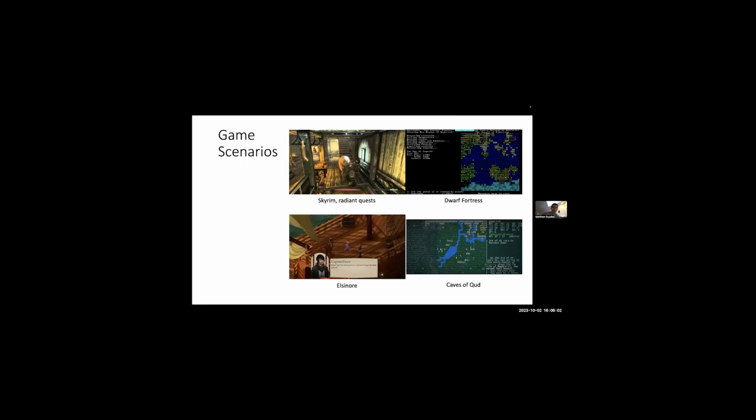And then finally, game scenarios, right? This is like Skyrim's Radiant Quests, which are basically these very cookie cutter quests that you can get at the end of the game. Games like Dwarf Fortress and Caves of Qud generate their whole stories, their whole worlds, their whole quests, their whole histories via PCG. Little games like Elsinore, which I'm hugely biased on because some of my friends developed it, but have you basically able to completely alter the game scenario you're playing via your actions through a sort of planning-based PCG approach.